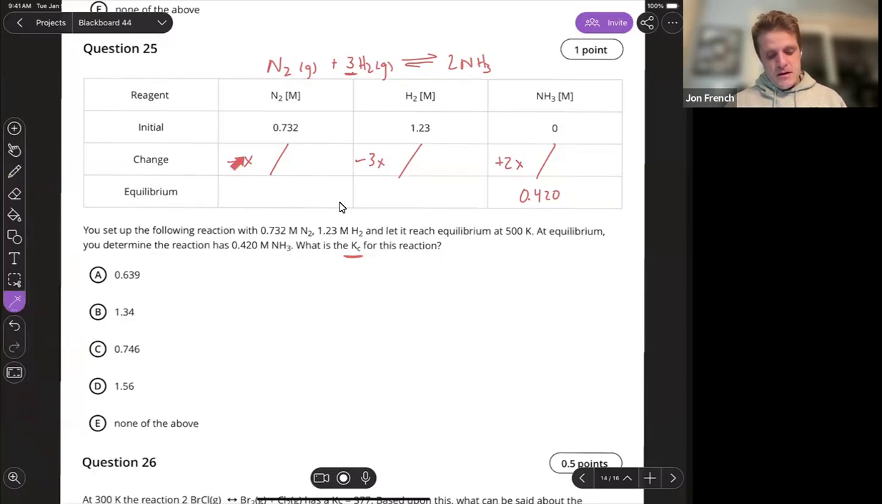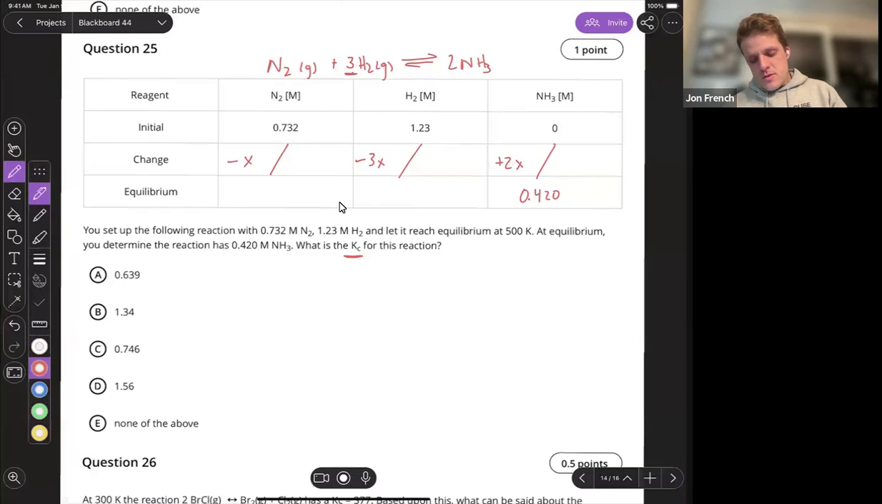All right, we subtract here because these are both reactants. These are both consumed in the reaction. We add here because this is a product. This is made in the reaction. Its concentration is going up. We're going to use the last one to find my concentration, right? I start with 0, I end with 0.42, so we know 2x equals 0.42, divide both sides by 2, and we know x equals